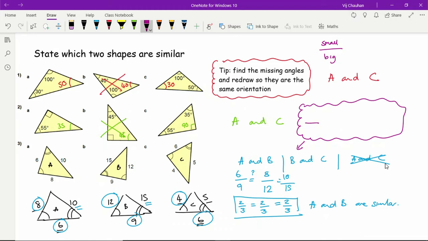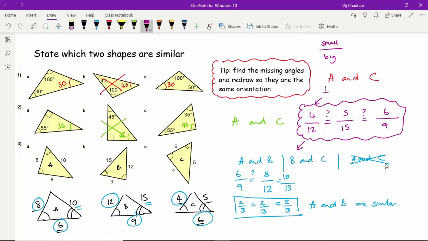So with B and C, I've got my three fractions, and what we're going to do is see if they are actually equal. So looking at B and C, I've got 12 and 4, I've got 5 and 15, and I've got 6 and I've got 9. Now comparing and simplifying these fractions, so for this one here I've got 4 over 12,